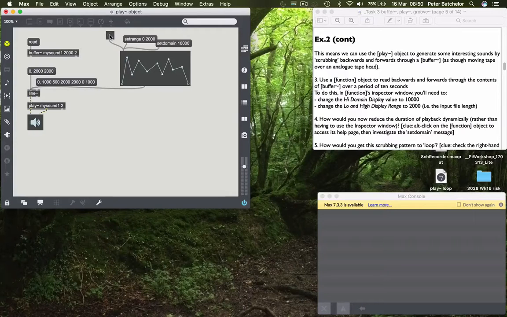Next question, how would you now reduce the duration of playback dynamically rather than having to use the inspector window? So set domain I actually gave a value to. If I change that to a $1 symbol, as we've used before, that allows me to send a number dynamically to a function in order to change it. So instead of it being 10 seconds long now, we could make it well, less than a second, half a second even,